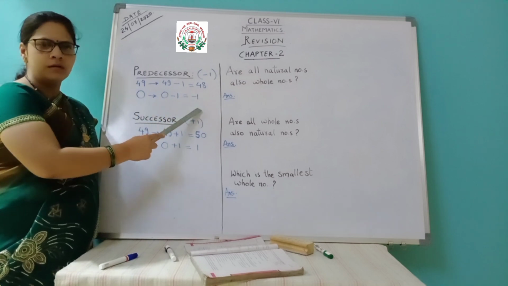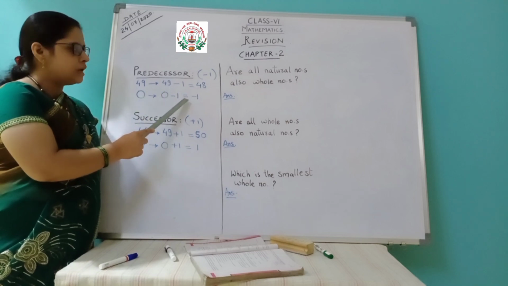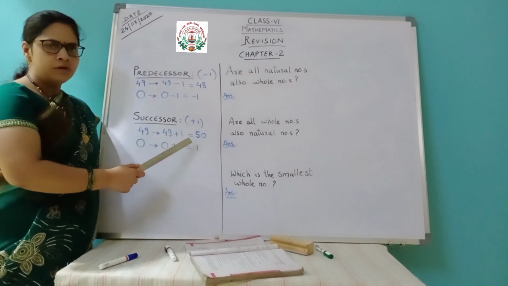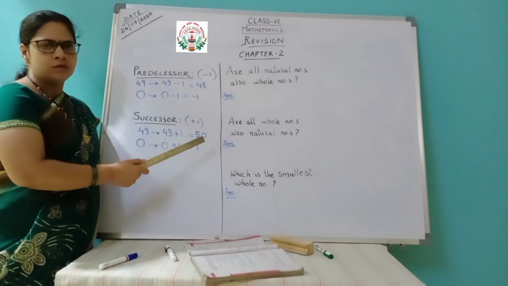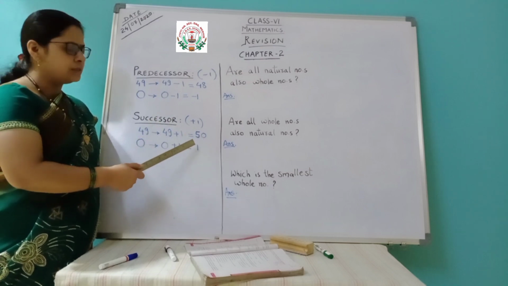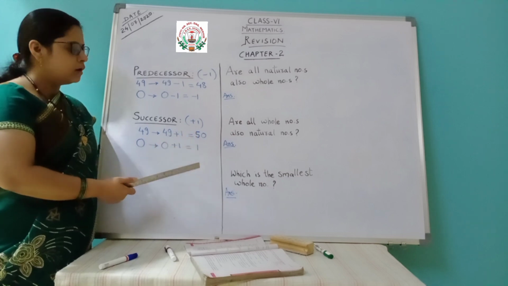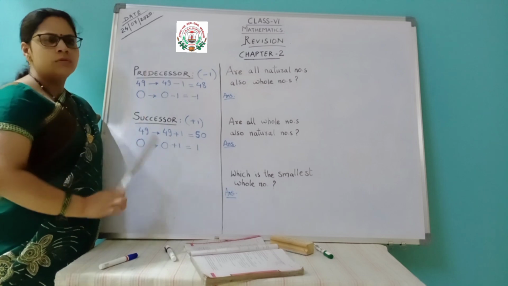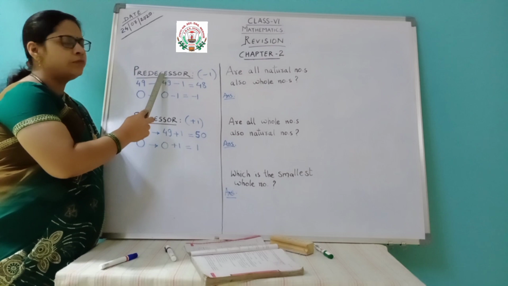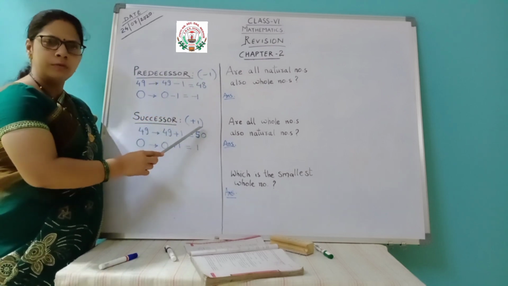As you have here, 0 does not have a whole number as its predecessor. It has an integer because it is a negative number. For positive numbers, of course, the successor will be positive only. And minus 1 will have the successor 0, which is positive, or you can say it is a whole number. So, as a whole, you just have to understand that for finding the predecessor you are doing minus 1, and for finding the successor you are doing plus 1.